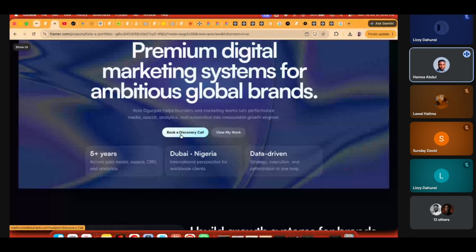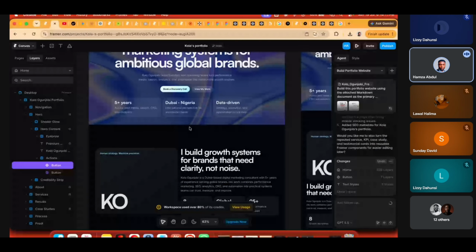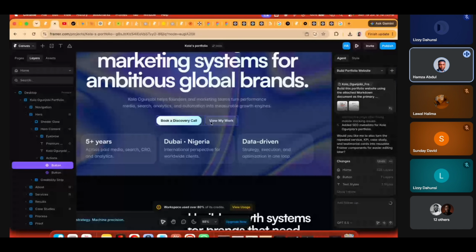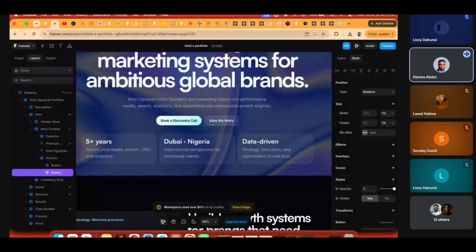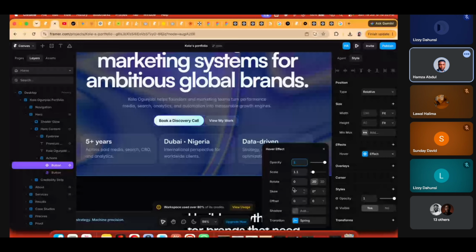There are two ways that you can add a hover state. One way is a very generic way, which personally I don't really like, but people do it. If I click on it, I come to this place here. You see this effect? I can click on effect and then click on hover, and Figma will automatically add a hover effect. The hover effect is not a color effect; they're adding a scaling or size change, so the button can grow bigger or smaller on hover. Let's make this one grow bigger on hover. Currently, Figma has scaled it to 1.1. Let's increase it a little bit.